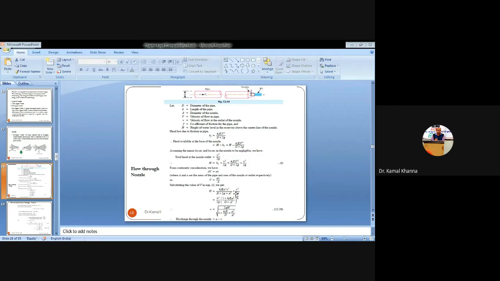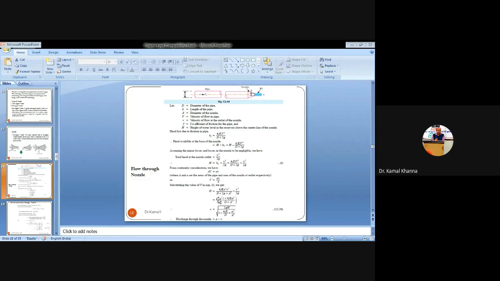So we cannot common out V square from this V square earlier, because this V was the velocity of the flow in the pipe, and this small v we have taken as a velocity of flow at the outlet of the nozzle. So now we have put the value of capital V in the terms of small v by using the continuity equation, or you can say the mass conservation principle. So it becomes equal to 4FL A square V square by G into 2D into A square plus V square by 2G.